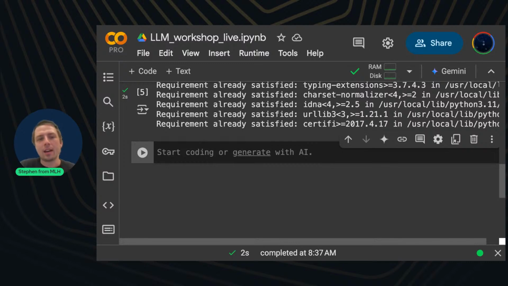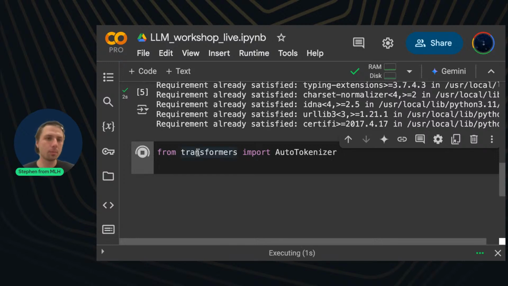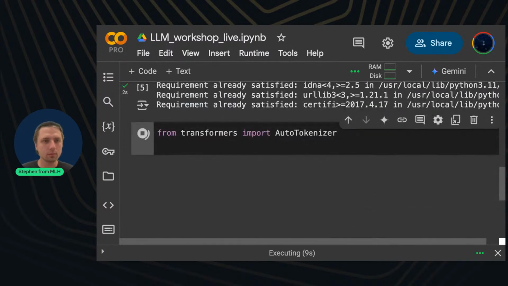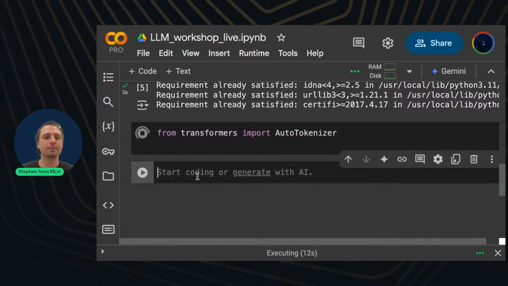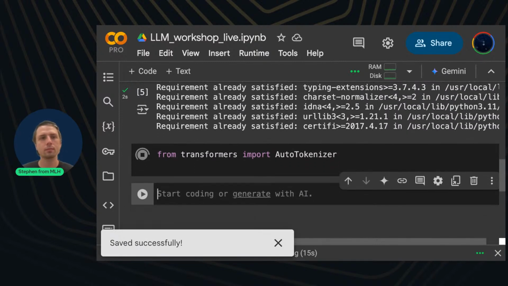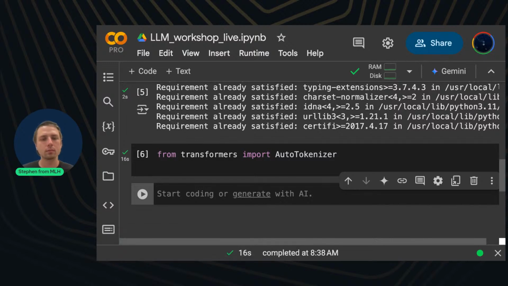But yeah, so let's go ahead and write this code. From transformers, let's make sure we got transformers first by running a simple import statement, which should confirm that transformers is downloaded. Taking kind of a long time, honestly. Okay, and it did import, which means that it was successful.